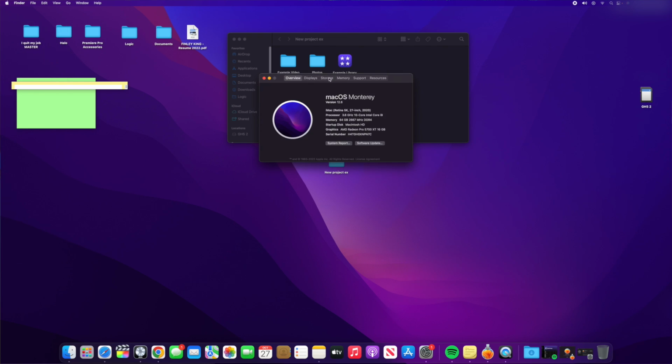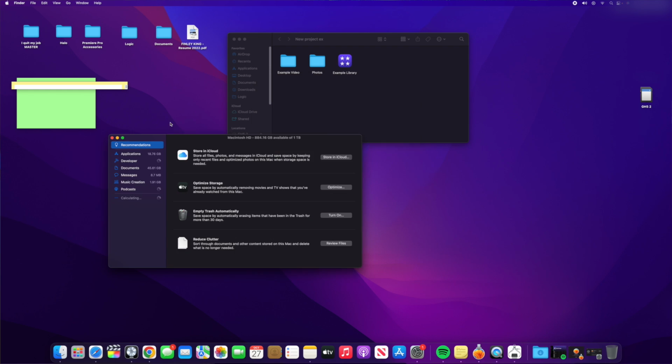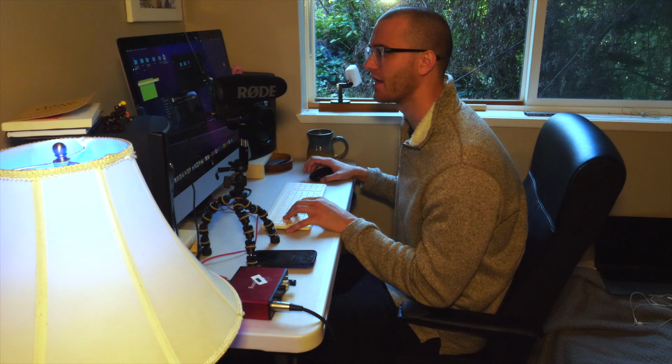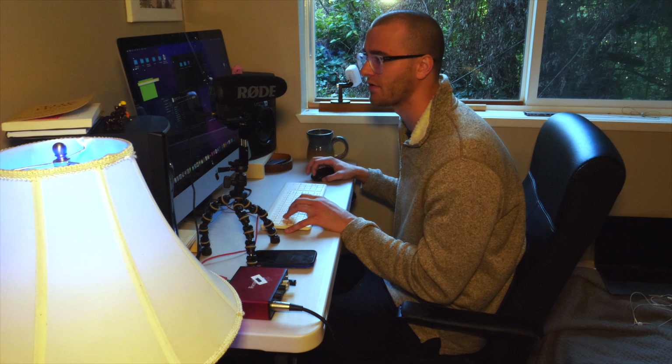If you go up to the Apple icon in the top left-hand corner and hit About This Mac, Storage, Manage Macintosh HD, you'll get this window to pop up. If you click on Documents and File Browser, your Mac will display a list of files that are contained within your personal profile. It is my understanding that these files are created by Mac and there is nothing you can do to reorganize or move them, but you can be aware of what happens when you use Final Cut and